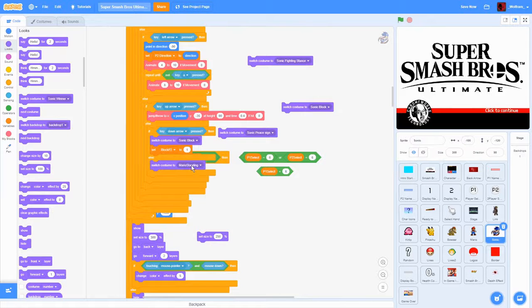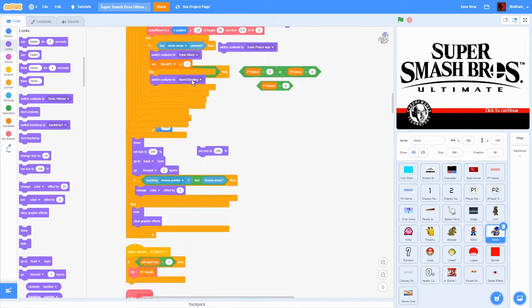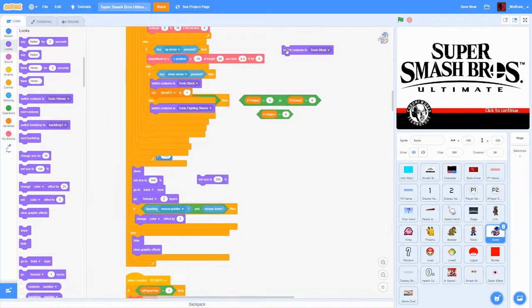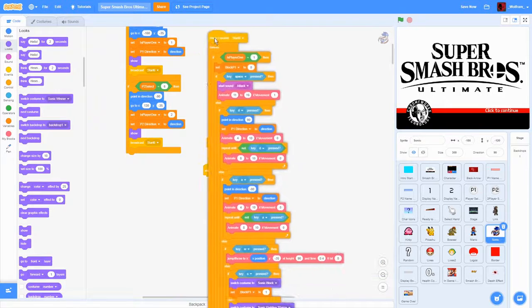Sonic block. And instead of Mario standing, we're gonna have Sonic, whoops. Where is it? There it is. We're gonna have Sonic fighting stance, okay? So those are nice and easy. We can get rid of some of these bits over here. And for now, I'm just gonna move this out of the way just so I don't mess up any of